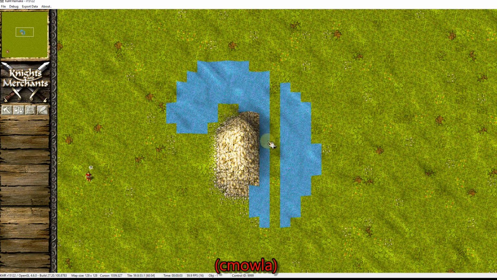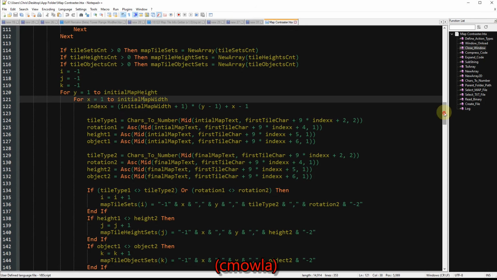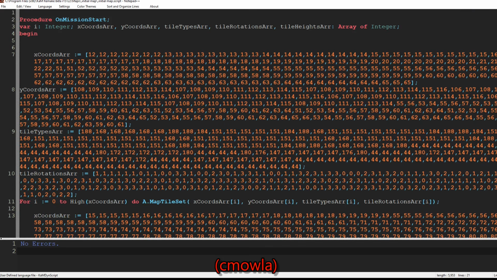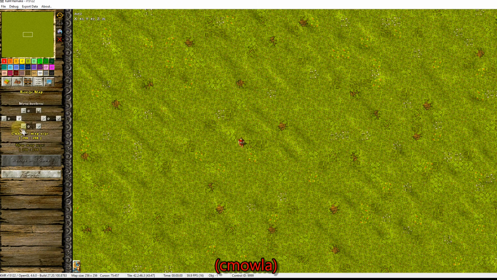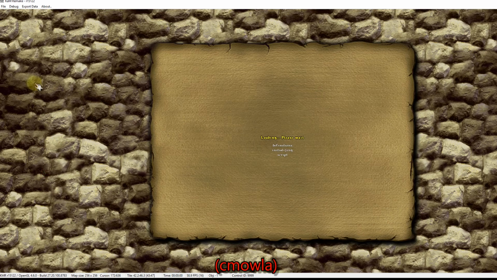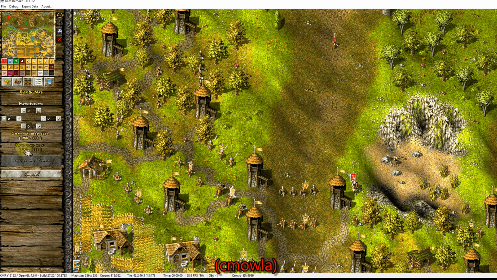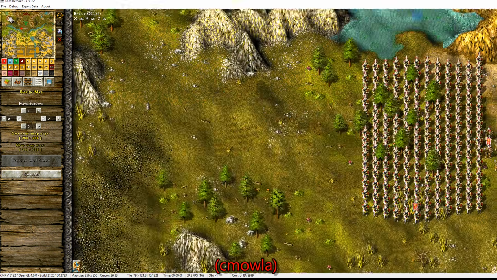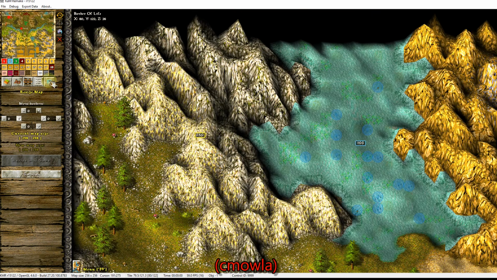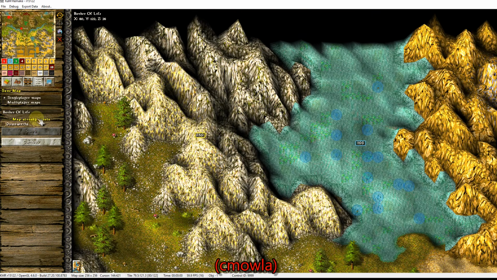This is not really important, it's just to demonstrate that if for whatever reason it's more convenient for you to have either the lines of code sorted by X or Y, that's how you do it. But anyway, I changed them back as a default, and let me show you how fast it works for a big map. Let's say that I have a map which I call Border of Life 2. This is a 256 by 256, and Border of Life itself is also a 256 by 256 map. There's lots of map tile objects on here. What I could do, because it takes the game 25 minutes to create this, I tried it once and it did work. But let me just try to save a copy of this map,